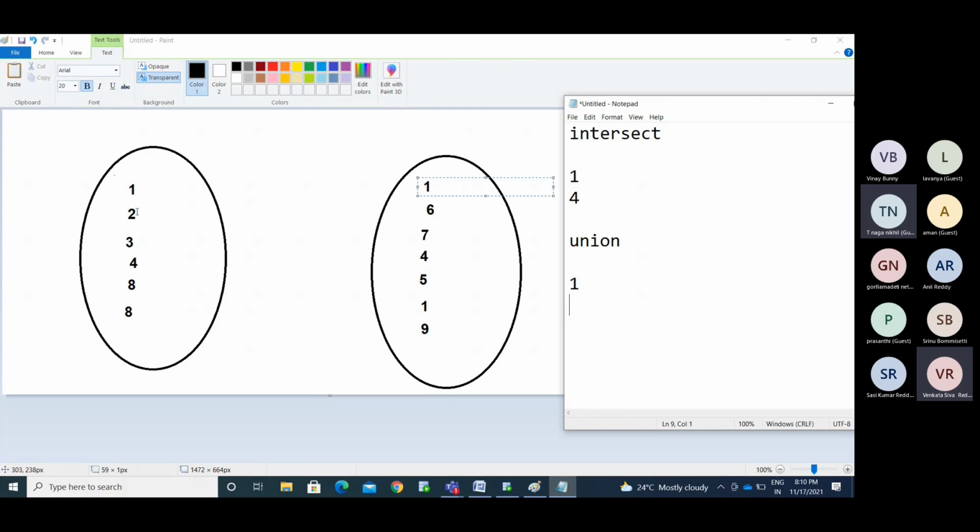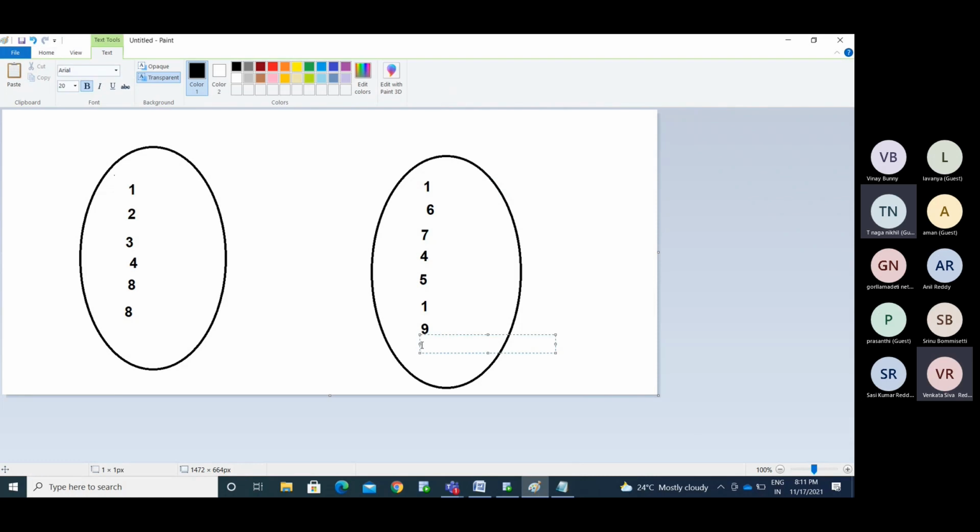Now we have the second, 2. 2 is not present in this list, so it displays 2. We have 3, not present in this list, so it displays. 4 is present in the first list and the second list, so in the second list it ignores the 4. Then it comes to 8, and it displays the 8. We have another 8 here.